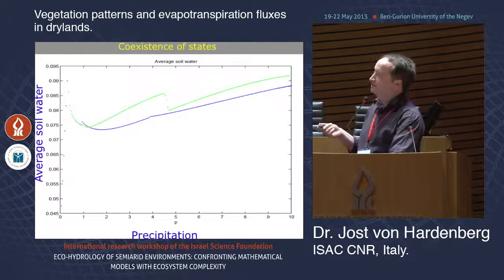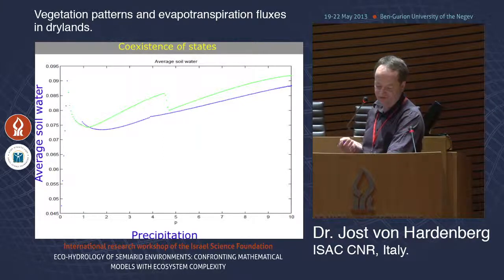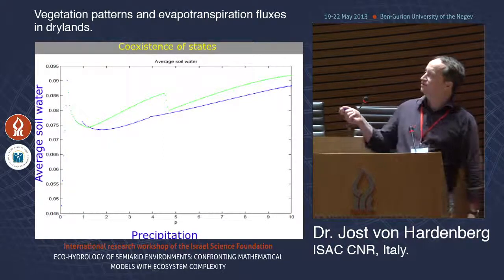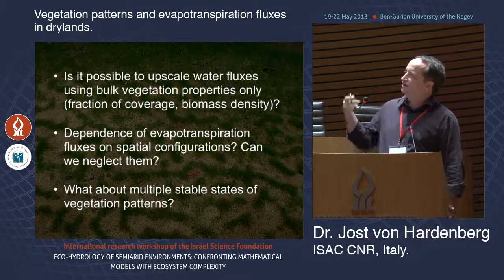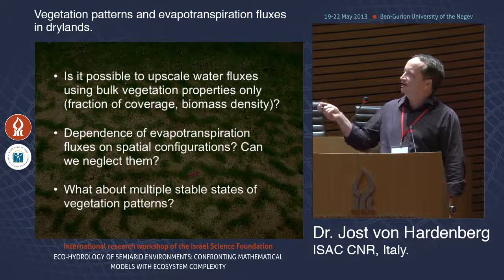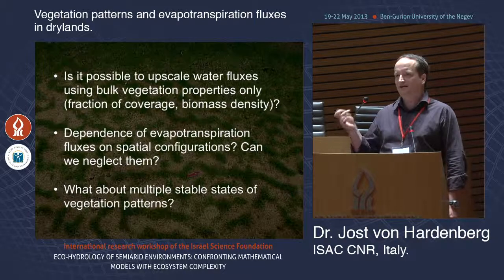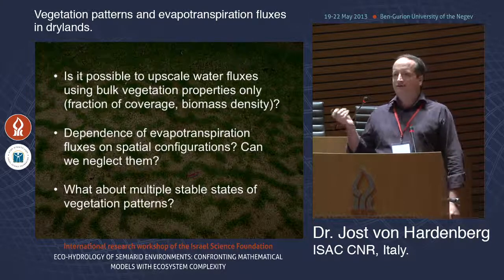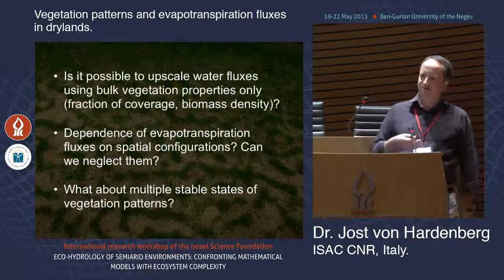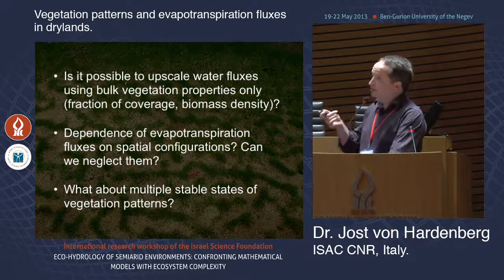And we know that this also translates directly into differences in terms of water, for example, soil water. This is the same plot as before, but now looking at the soil water variable. And also in this case, we have the possibility of coexistence of different soil water level states. And of course, the problem is then to translate this into parameterizations at larger scales. And this is soil water.